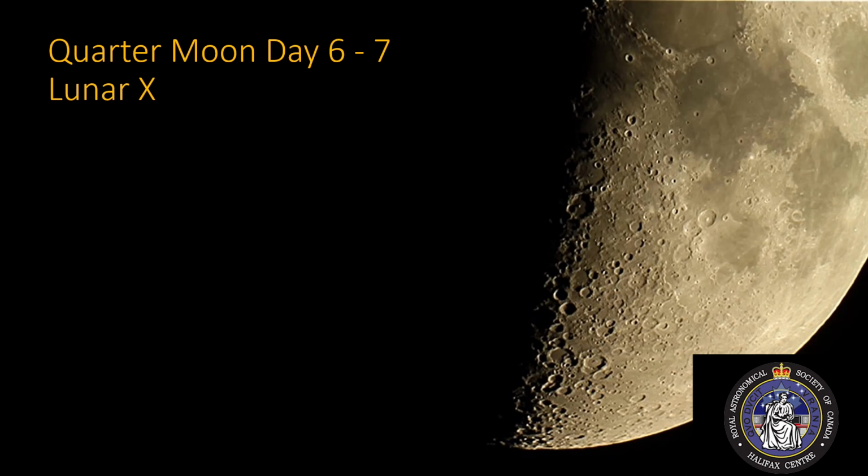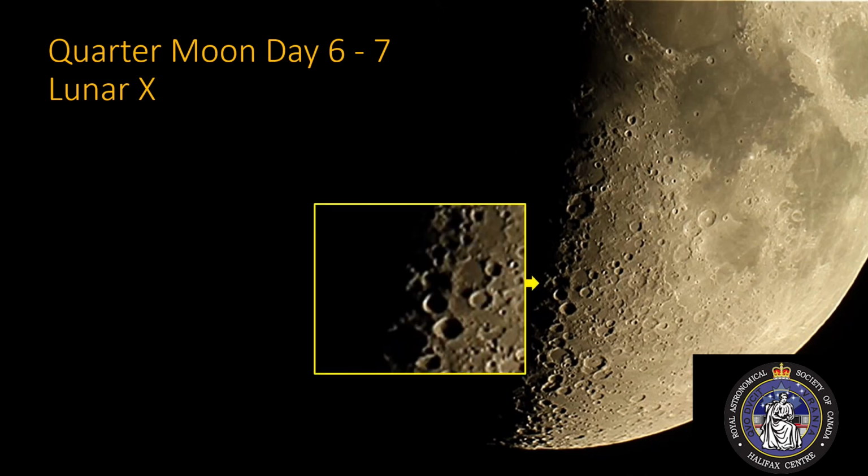As these features become visible along the terminator, interesting shapes may appear. One that is well known but appears every couple of months is the lunar X. In my photograph here, you might be able to make it out. Here, I'll help you. Now what this is are the rims of 3 craters that are very high and close